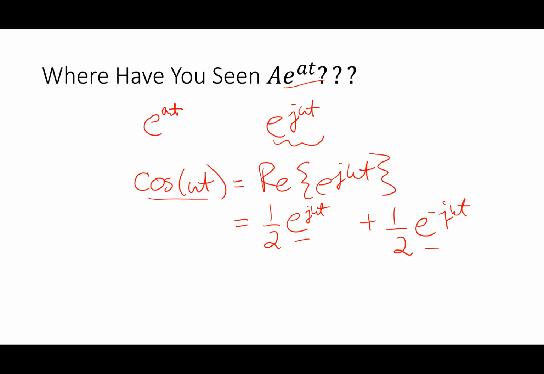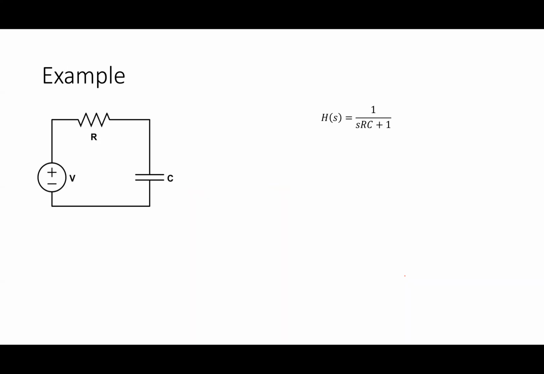Well, if you group them, you can get A, like big capital A, not little a, for the amplitude. Doesn't this guy look like A e to the AT, if A was 1/2 and little a was j omega? What's important about this basically is that if I get this guy, the transfer function of this guy,